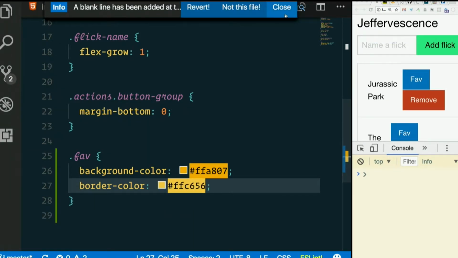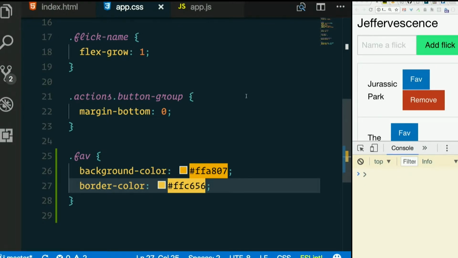This way I can add as many rules as I want, as many properties as I want to this rule, and it will be without changing any JavaScript, instead of changing line by line. Yeah. What class did you name